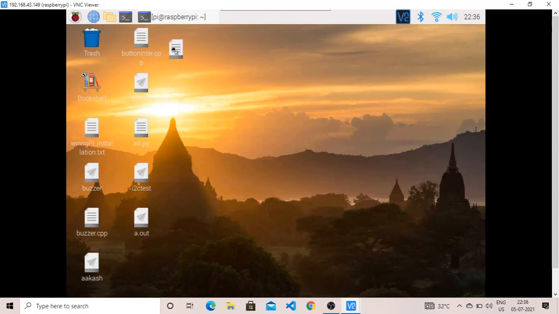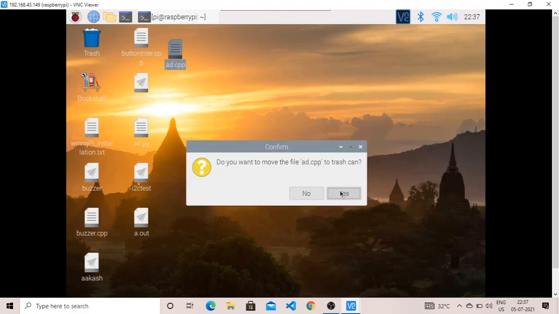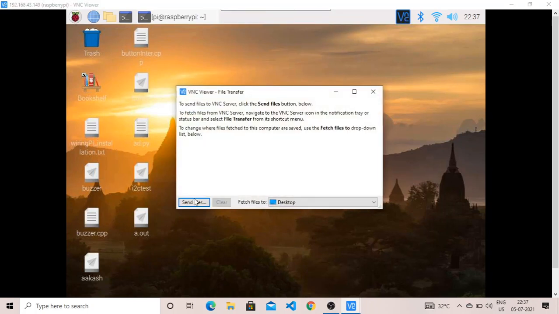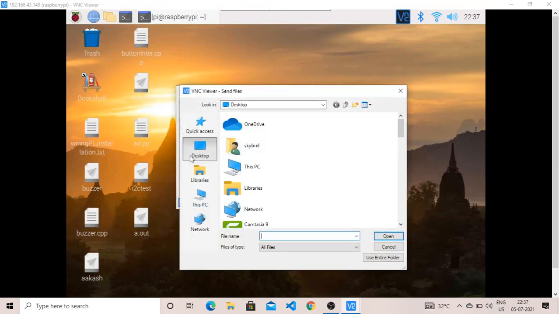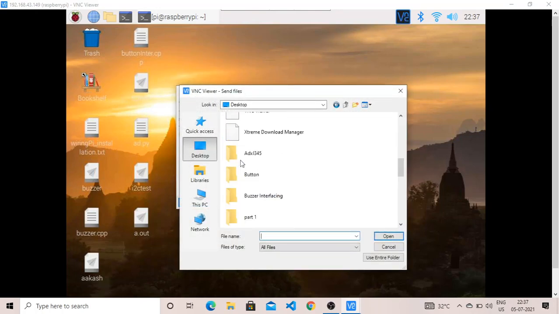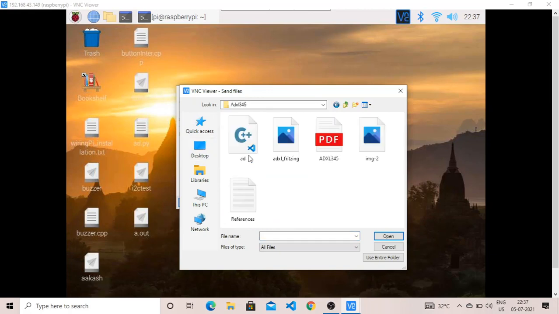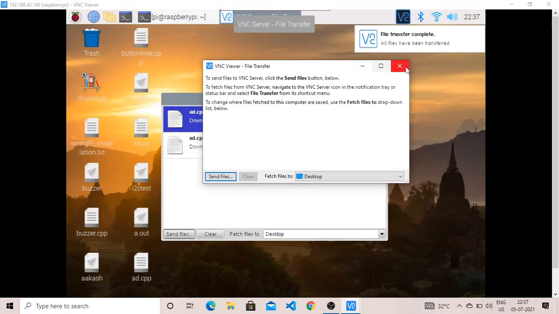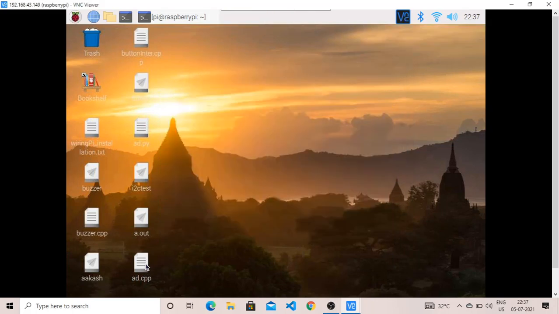I have already imported it here, so I just remove it and try to import the file from your system. Just go to this option, send files, then move towards your ADXL345 folder and import this file. Now your file is copied successfully and you can see this file here.